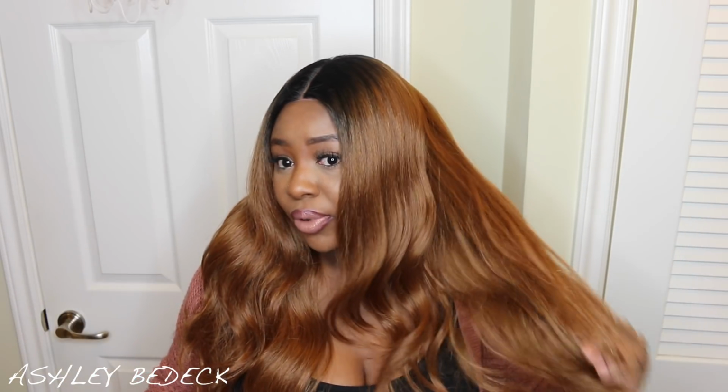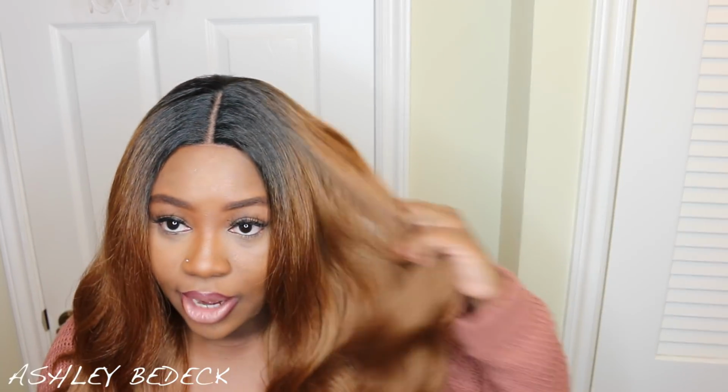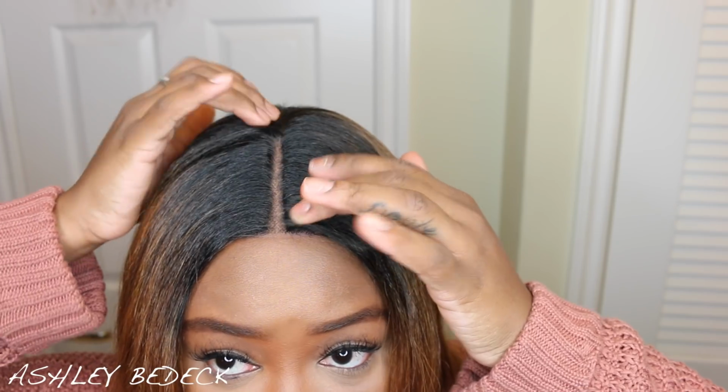But I feel like with this wig, you put it on, you literally finger comb it. I have not used a brush. I have not used any products, and it's already ready to go. So I am super pleased with this one right here, because it is very, very beginner friendly. You don't need to know how to style or do any weird techniques. All you have to do is literally put some powder in that parting space,